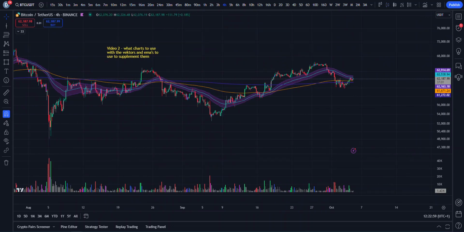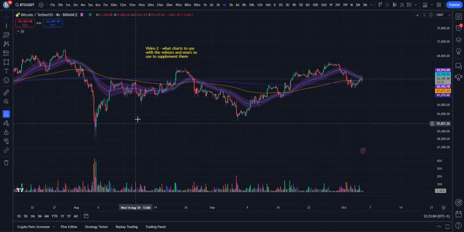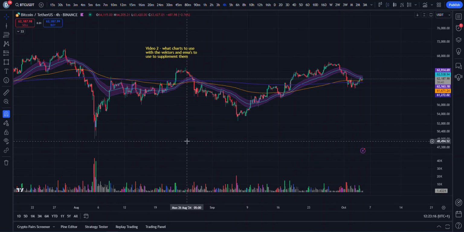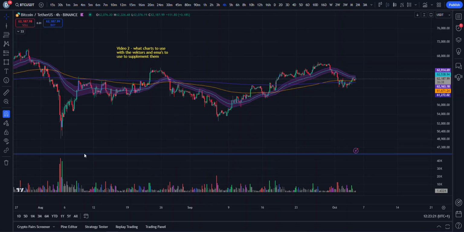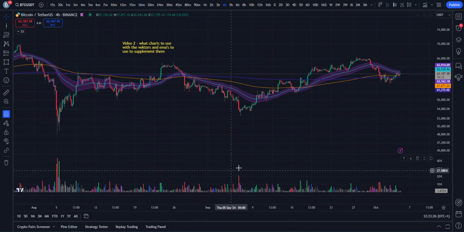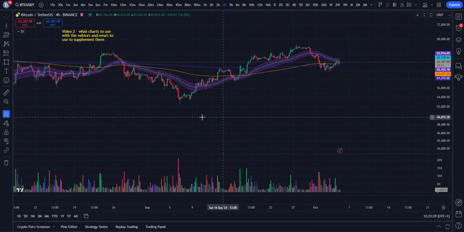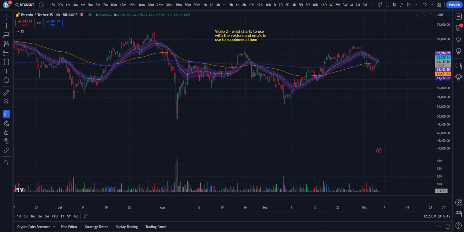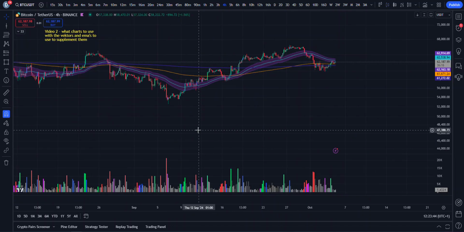So alongside the EMAs and the vector candles, we also use the volume suite at the bottom to track volume. Obviously volume is key to understand the strength of a move up or down, and that's the 3 things we use: the vector candles, tracking the volume, and looking at the EMAs. So in regards to all of this,